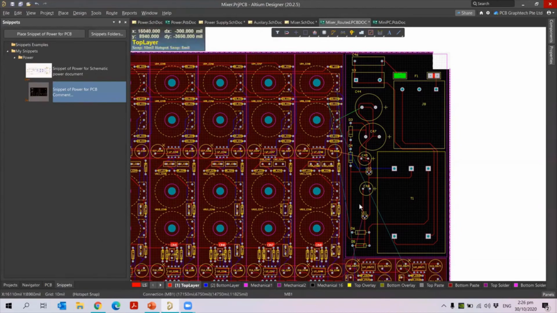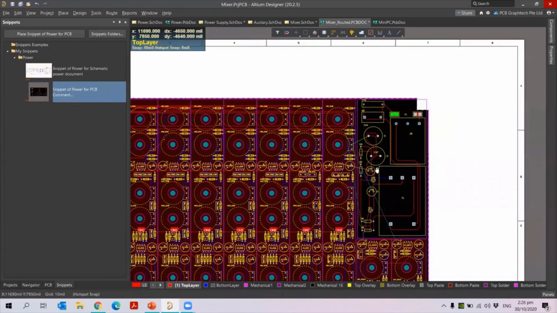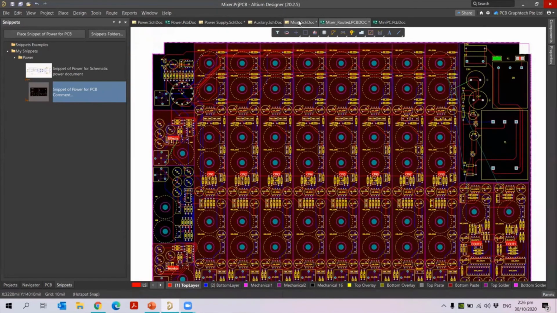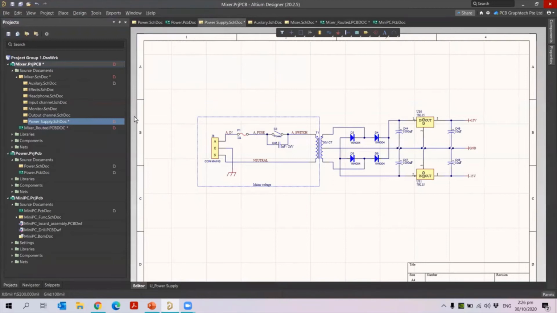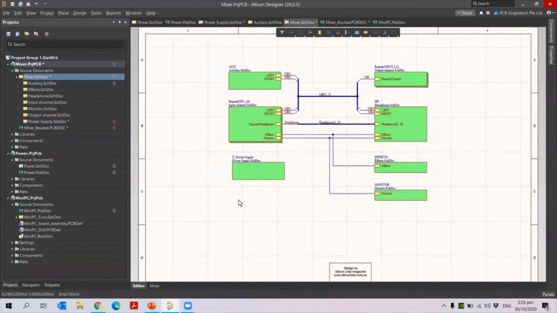Okay, so next one, let me show about your other step, your device sheet. How to do the device sheet. Okay, so to do the device sheet, I need to do it from my main sheet only. I cannot directly do it from bringing in the child sheet. Okay, so before bringing in the device sheet, the main thing I want to say is, as I told you, device sheet is a managed sheet. It should be put under the preference first.